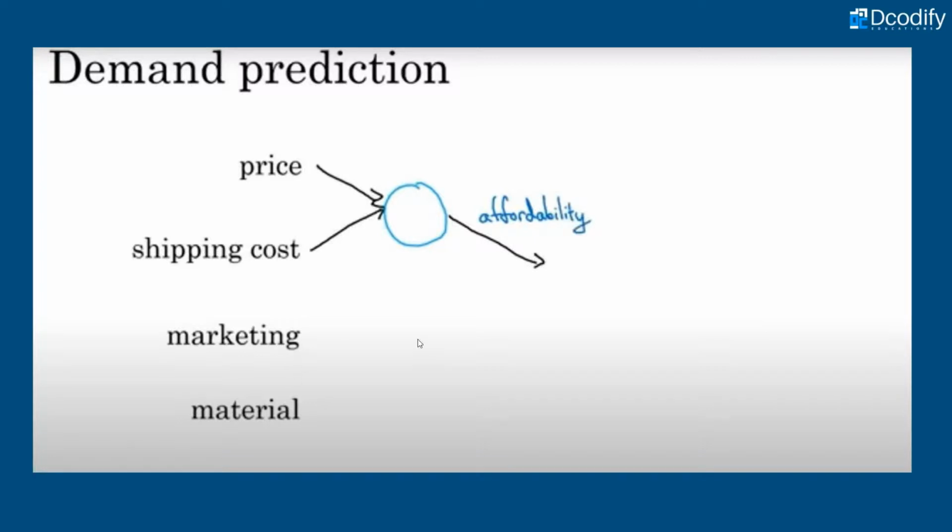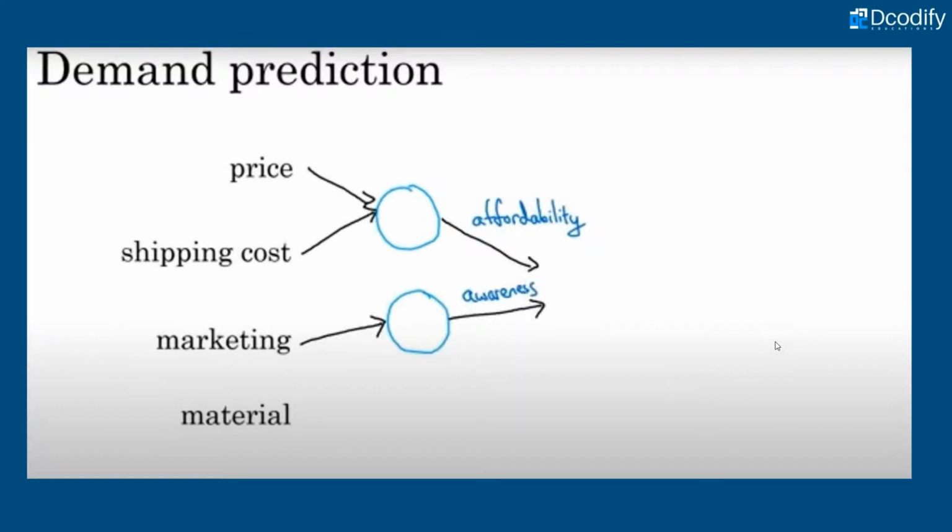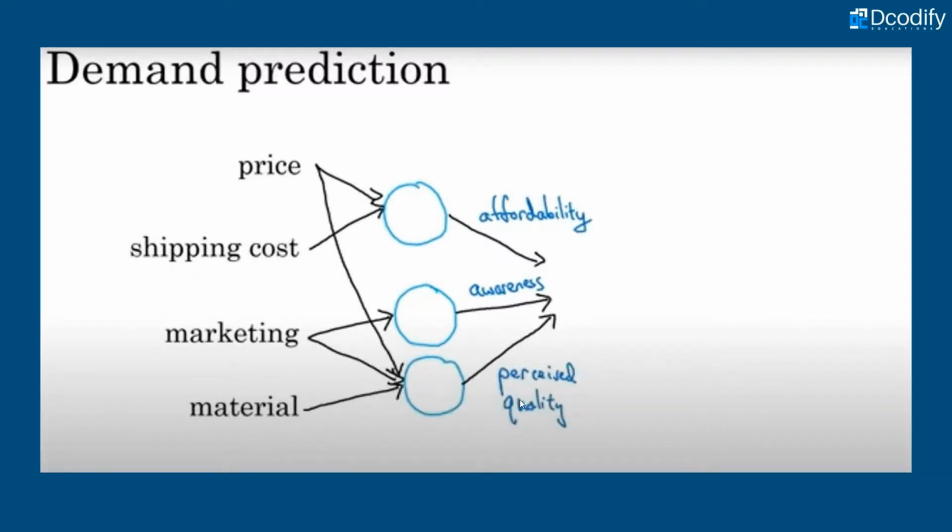Before that, let's say marketing creates some awareness among the people that a new collection has arrived, you can buy it from the store or from our outlet. And now price, marketing, and material, all these three, material is also an important issue. So we can determine the perceived quality of our product. So price, marketing, and material, all these three together can be used to determine the perceived quality of our